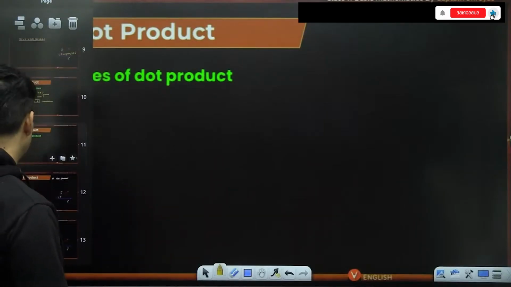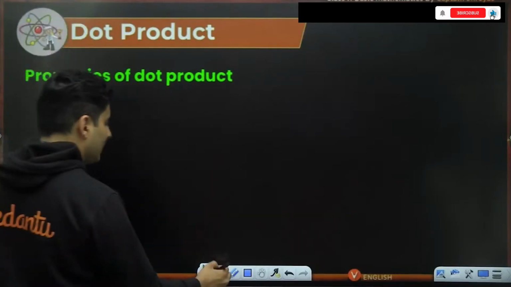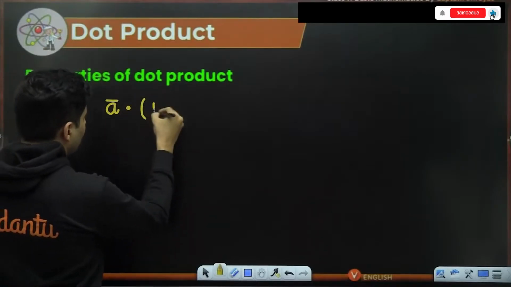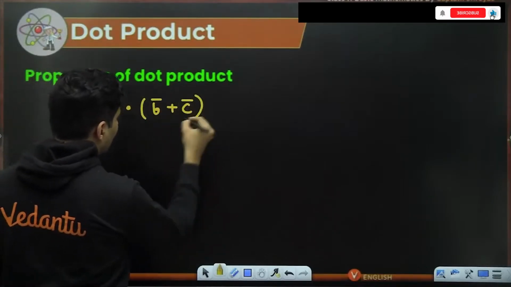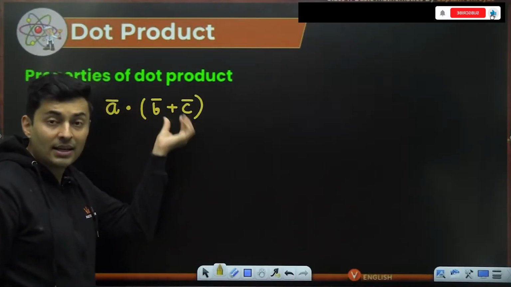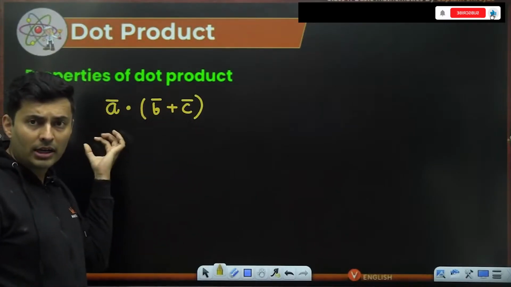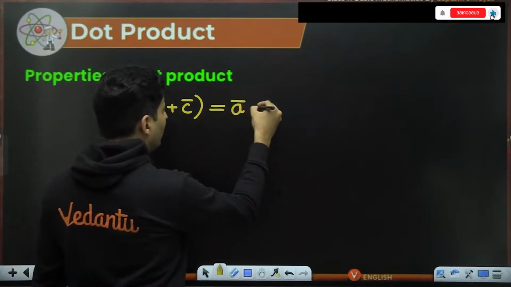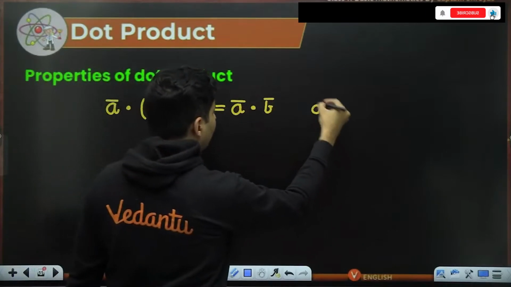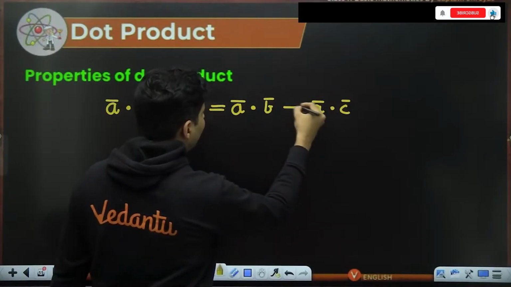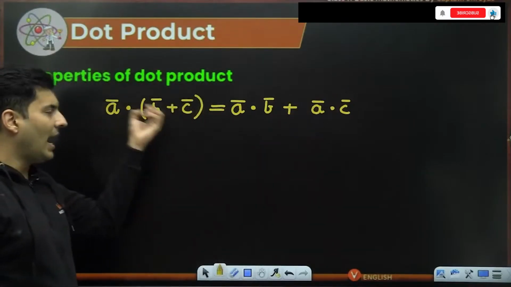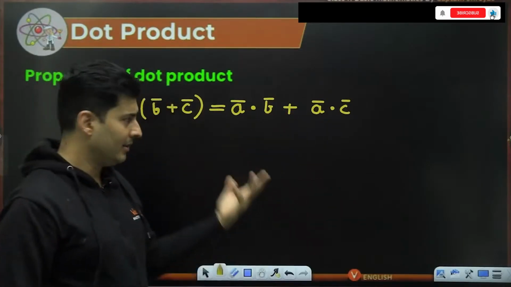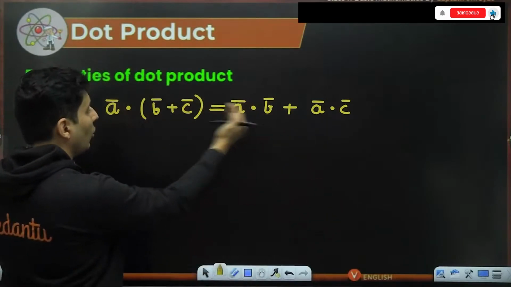Next important property of a dot product is that if I do A vector dot B vector plus C vector, so I'm adding two vectors and the result I'm dot producting with another vector, then you can do one thing. You can take the dot product of A with B and A with C individually and then add them. Whether you add first and then multiply, or multiply and then add, is irrelevant. So B plus C, I can open up the brackets and